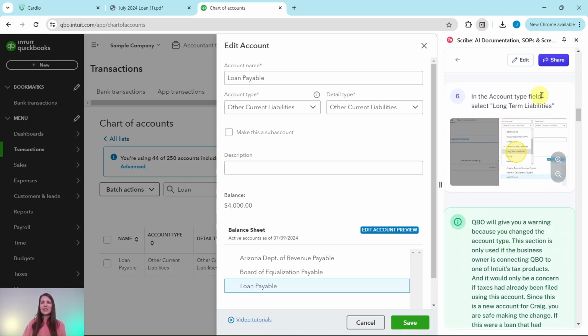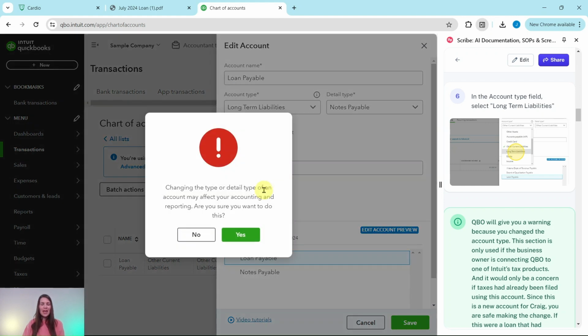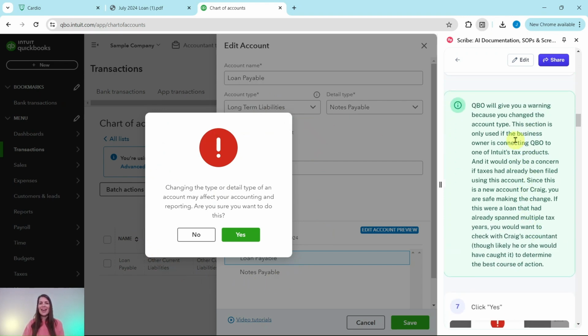And now in the account type field, we want to select long-term liabilities. So click into that field and then select long-term liabilities. You'll notice that as soon as you do that, QBO is going to give you this warning because you changed the account type. This section is only used if the business owner is connecting QBO to one of Intuit's